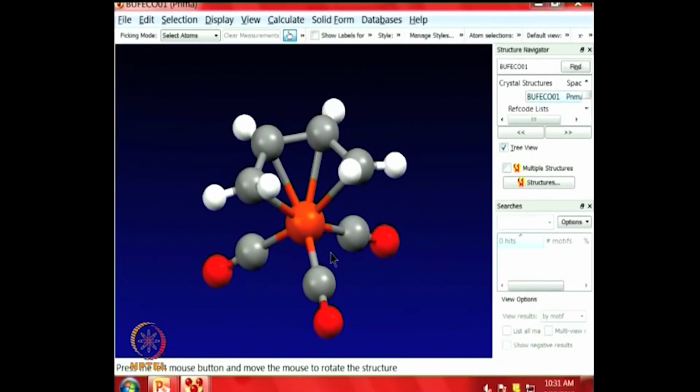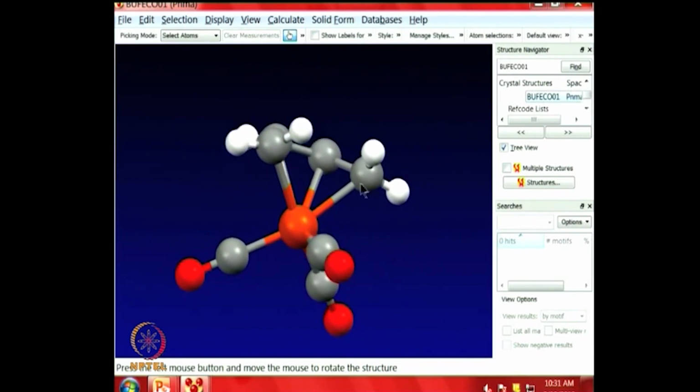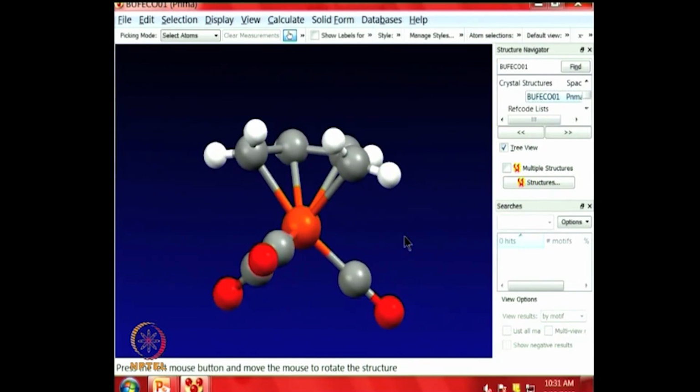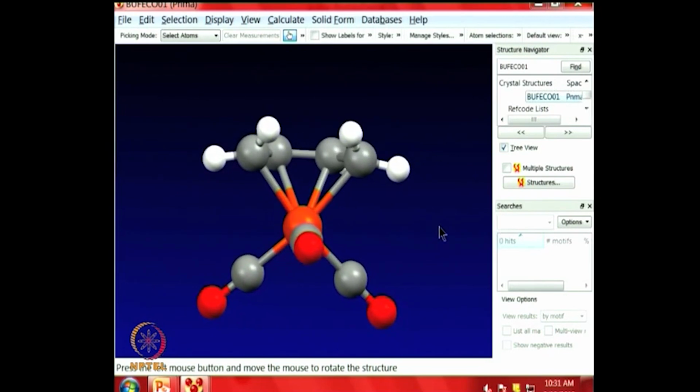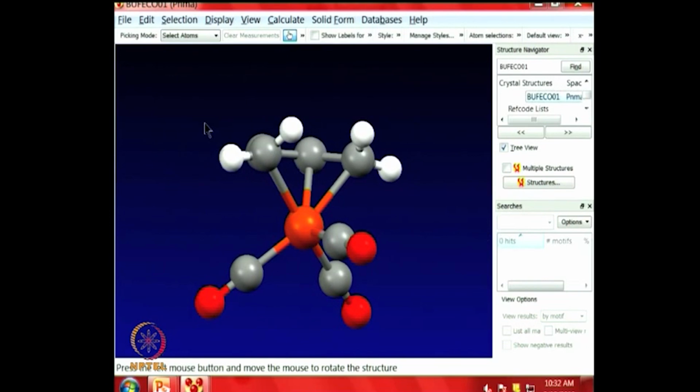So, this is the butadiene compound, which is complexed to iron. Iron is shown in red, and that is the atom in the center here at which the arrow is pointing. And the butadiene itself is in a plane which is above the iron atom. Okay. So, the gray atoms indicated here are the carbon atoms, and you will notice that the